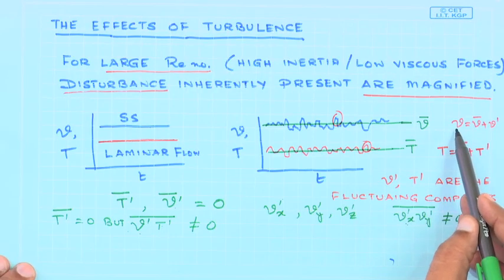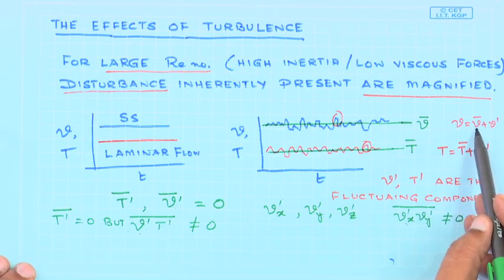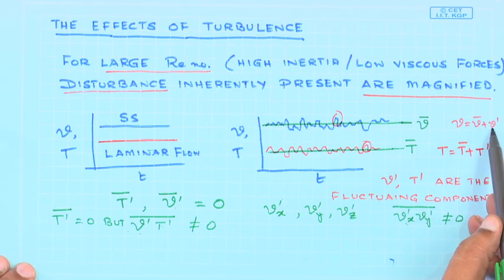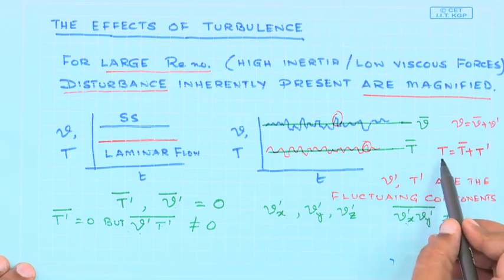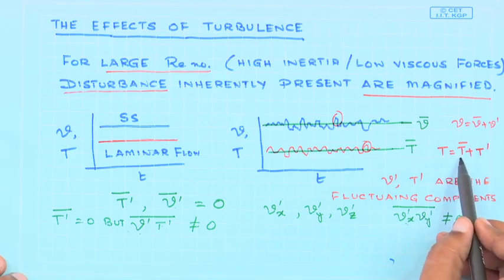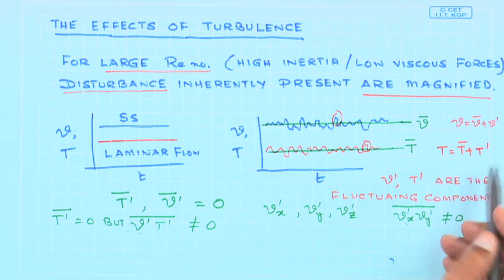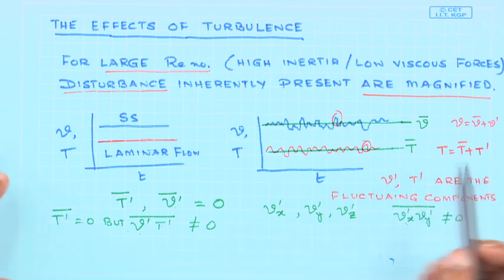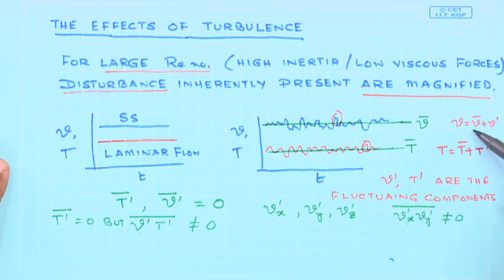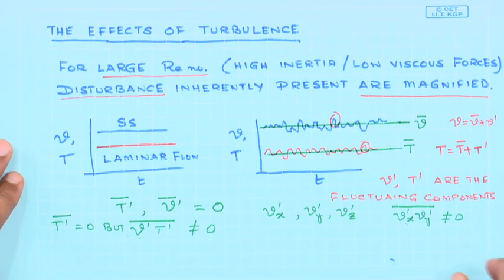The instantaneous velocity is a sum of the time average velocity and the fluctuating component. Instantaneous temperature similarly is the time average temperature and the fluctuating temperature. So, when you use this expression of velocity in the equation of motion or this expression of temperature in the equation of energy, two